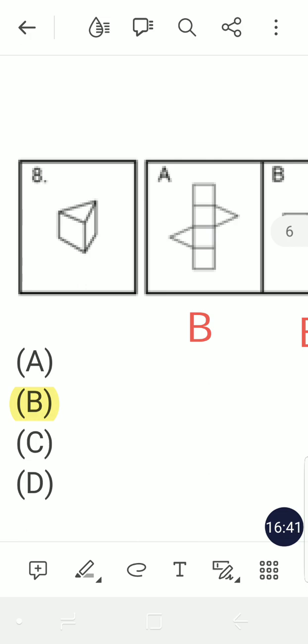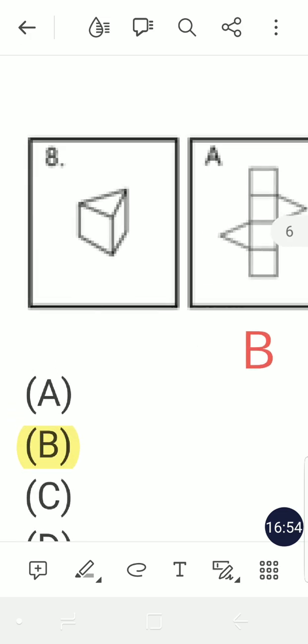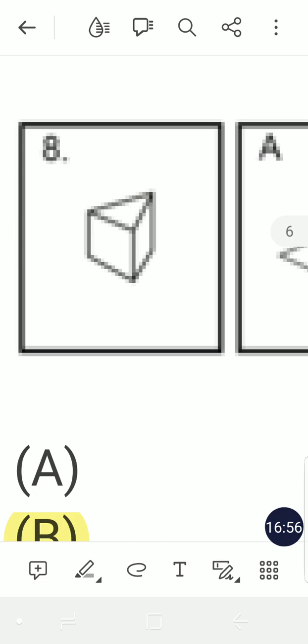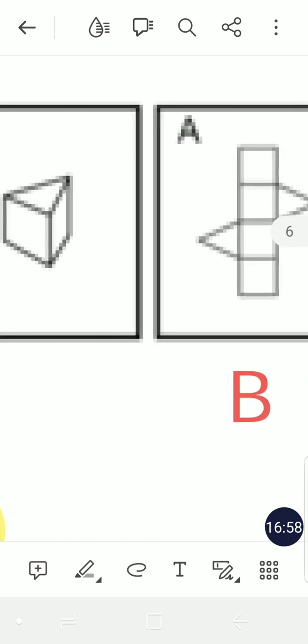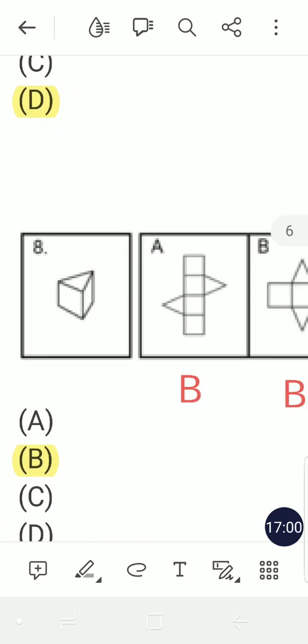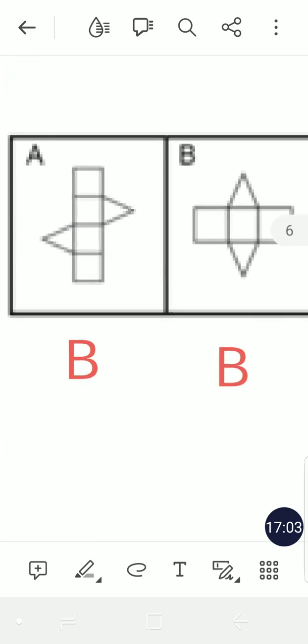There are two triangle sides that are opposite, there are two triangle faces, and there are three rectangular faces. So A will not work,